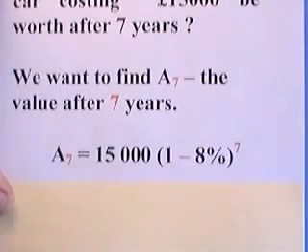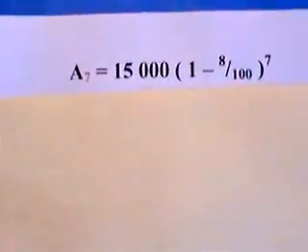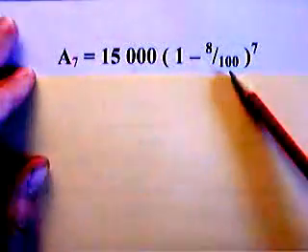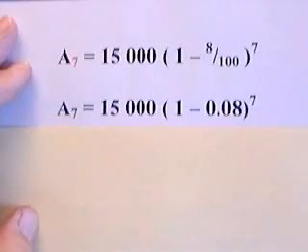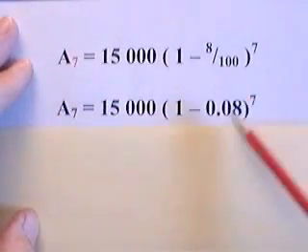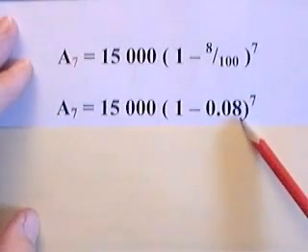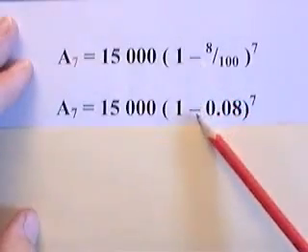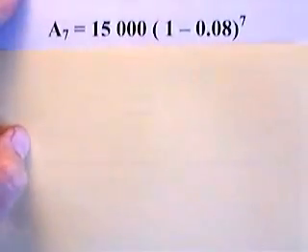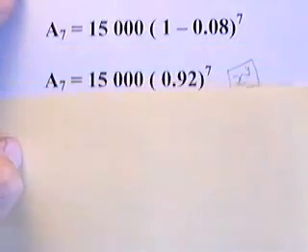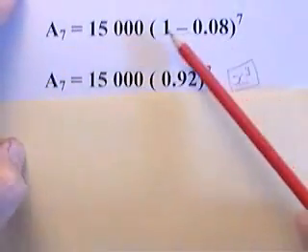Okay? So we now turn this into a little bit of mathematics. Okay, let me get that in the center. There it is there. I've changed the 8% into its fractional form, 8/100ths, and then I've changed that into its decimal form, 0.08. Okay, the minus sign is still coming through, because the value is being lost. And if we take this 0.08 away from 1, we get